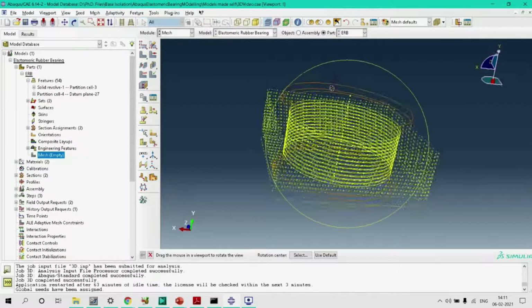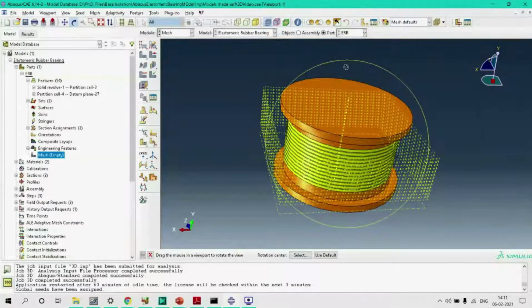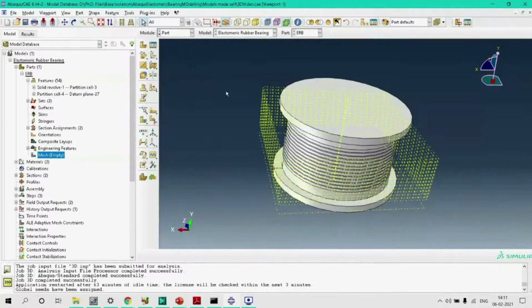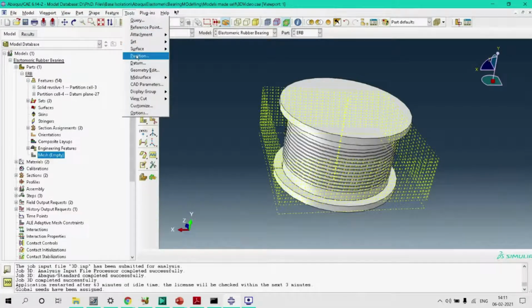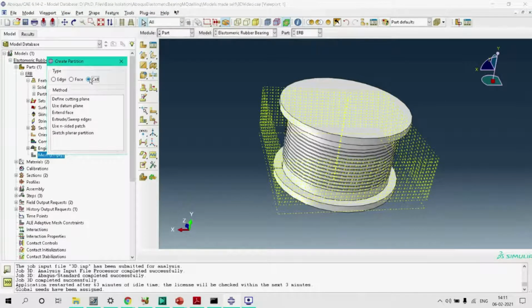So let's try it. Let's divide our entire model into 4 parts. So in order to do this, I will be going to the parts module. In parts module, I will select the partition tool, and I want to divide the entire model into 4 parts.